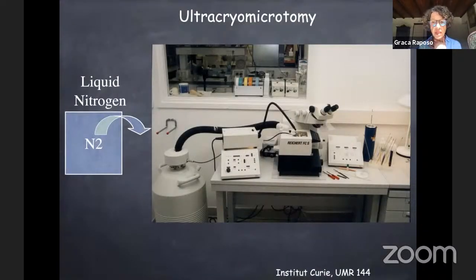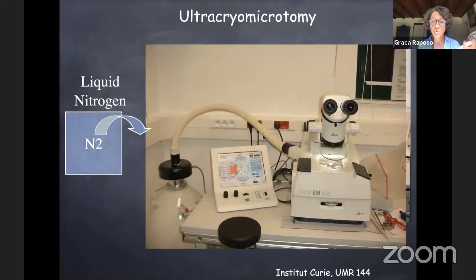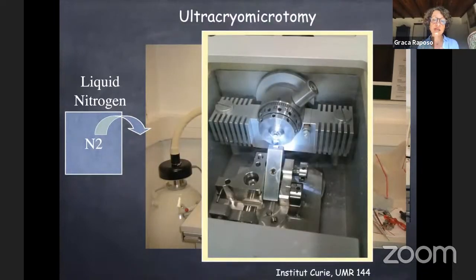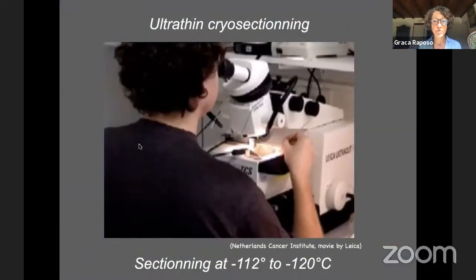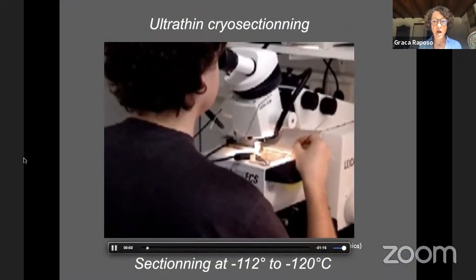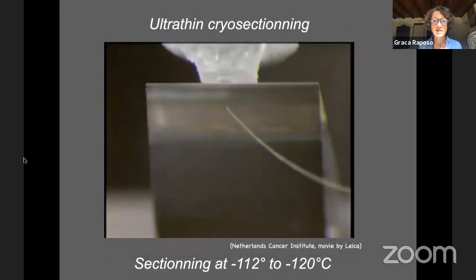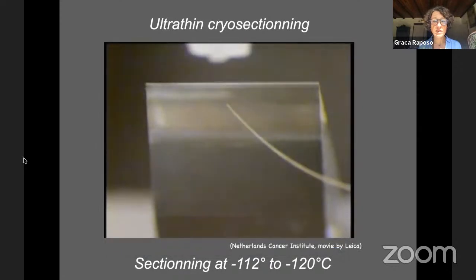Tokuyasu died some years ago, and he developed this technique very early on. This is an ultramicrotome with a liquid nitrogen container. This is one of the most used, but the other ones still work very nicely. Here you cut with a diamond knife, but without water. So I will show you a little movie of how the sections are made, because they are not collected on water.